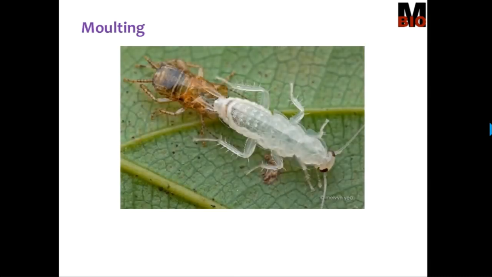Then they undergo a periodic shedding of the chitinous exoskeleton, which is termed molting. Molting is the periodic shedding of the outer exoskeleton possessed by arthropods. In order to grow, the organism must periodically shed the outer exoskeleton. This exoskeleton will not grow according to the overall growth of the body of the organism. So, in order to maintain normal growth, the outer exoskeleton is periodically shed. This process is called molting.